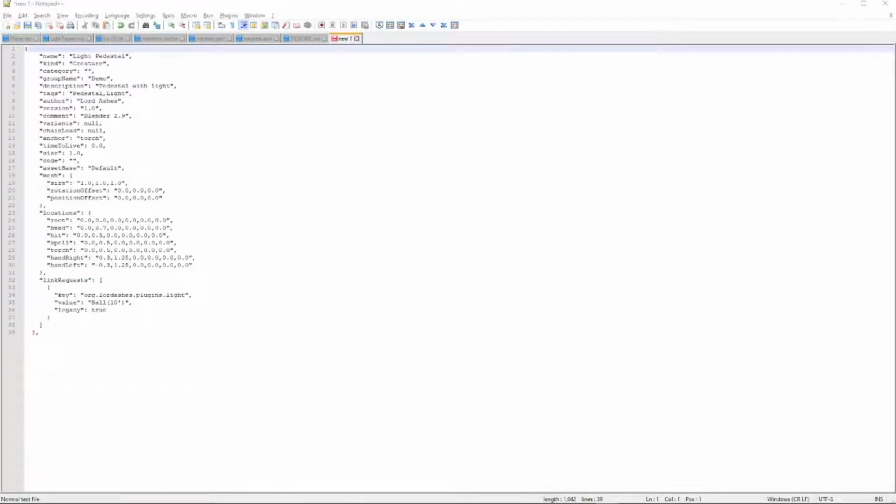This is a demonstration of Extra Asset Registration plugin's new feature, linked requests. When you are creating an info.txt file for your custom assets, you can now optionally include a linked requests property. The linked requests property is an array, so you can have more than one, and consists of requests, which are